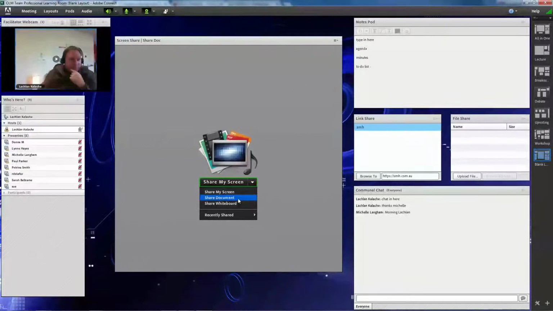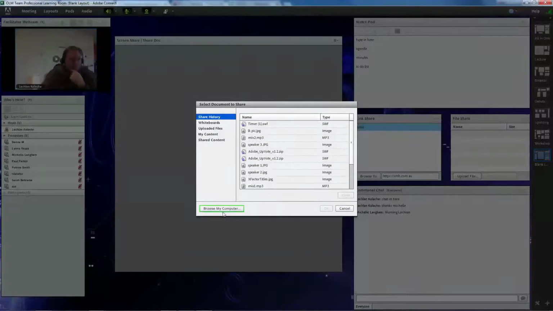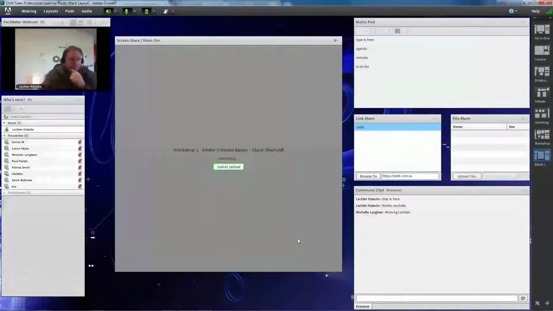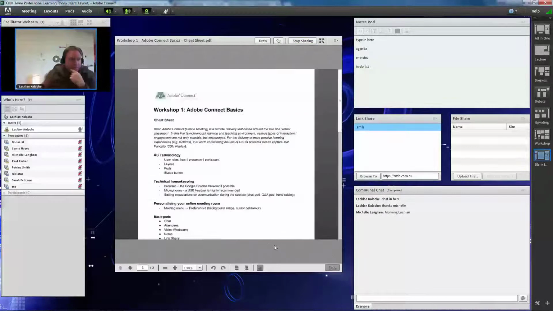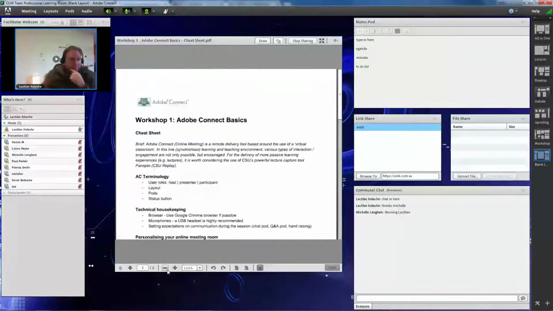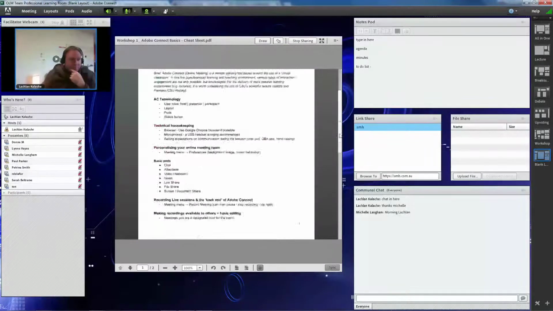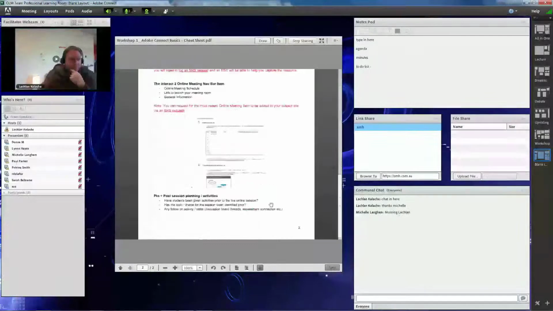At that point, you are able to browse your own computer and upload a document that you've prepared, but I'm going to say at this point it will not work with Microsoft Word documents. So you need to use either PDF documents or PowerPoint documents. So what I've loaded in here is a PDF, and you can see down the bottom there are some controls for what I want to do with that PDF. I can zoom and make it larger if I want to. I can navigate up and down through the pages or use the scroll bar to the right hand side. I can flip it,